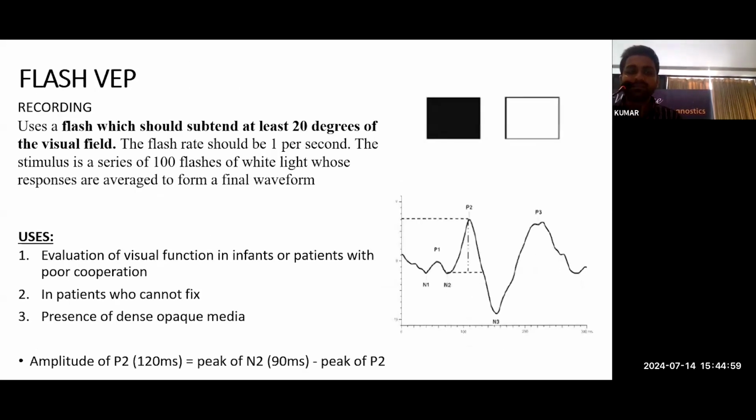misrouting. And the third VEP protocol is a flash VEP, where I use a single flash of about 2 candela per meter square, subtending about 20 degrees of the visual field. It is mainly used to assess the visual function in infants and poorly cooperative patients, those who cannot fixate, and in the presence of dense opaque media to prognosticate visual prognosis during